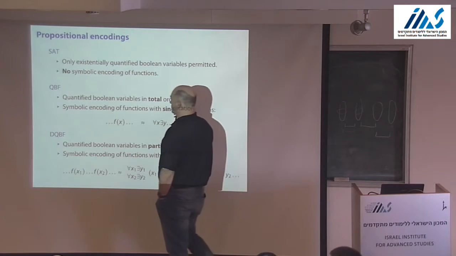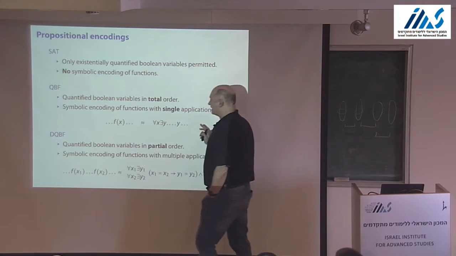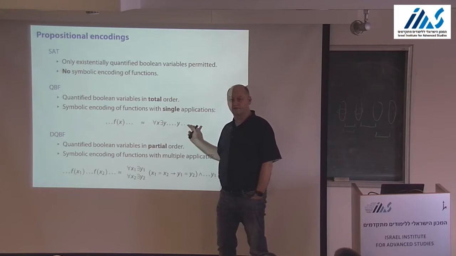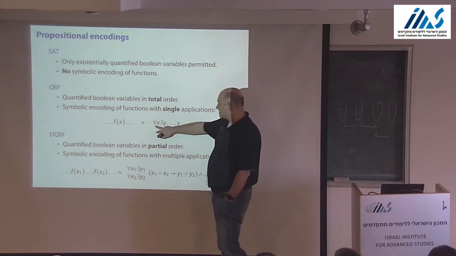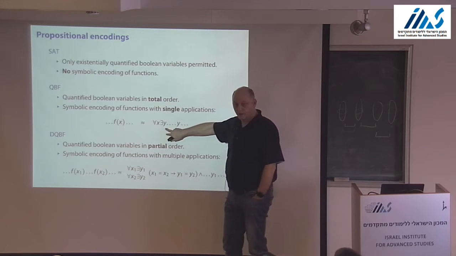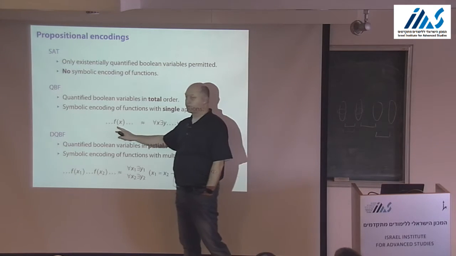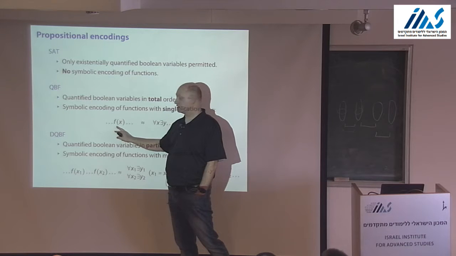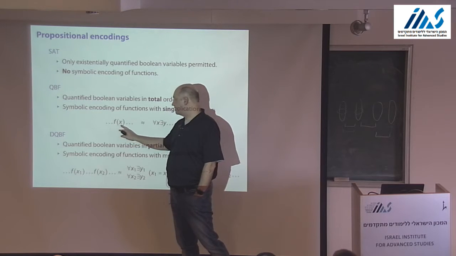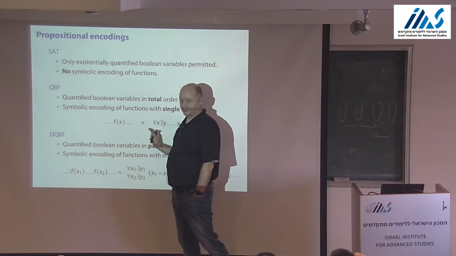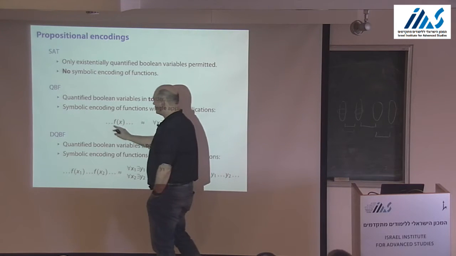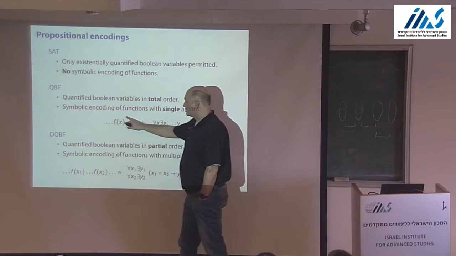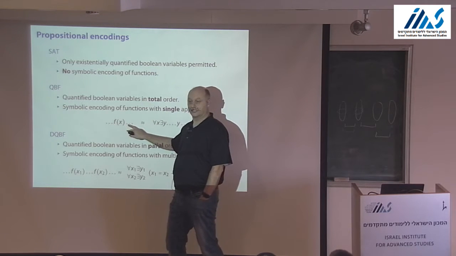If I have QBF, then I can leave some of the functions in my constraint system symbolic, because I can write things like "for all x there is a y", which is a way of saying that there is a function f that I can apply to x that has the value y. The only restriction is that I can only do that if I use this function application just once,